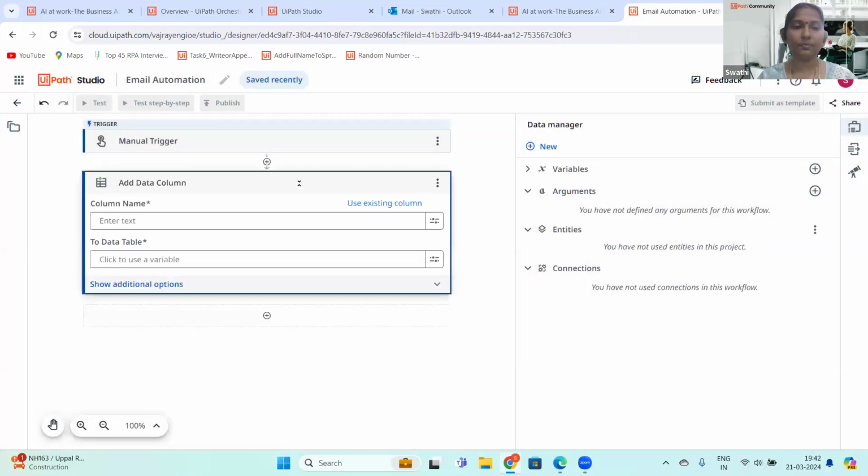Now, how many data columns are required? How many things do I want to extract? That many data columns are required. So I'm extracting received date, subject, and from. In order to get all these three columns, we want to add three Add Data Column activities. Just copy this